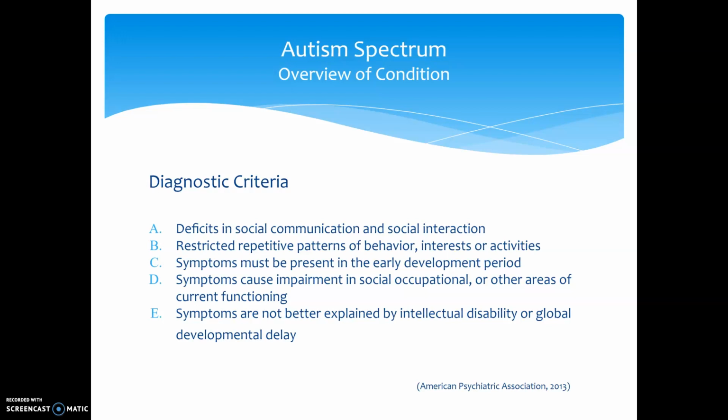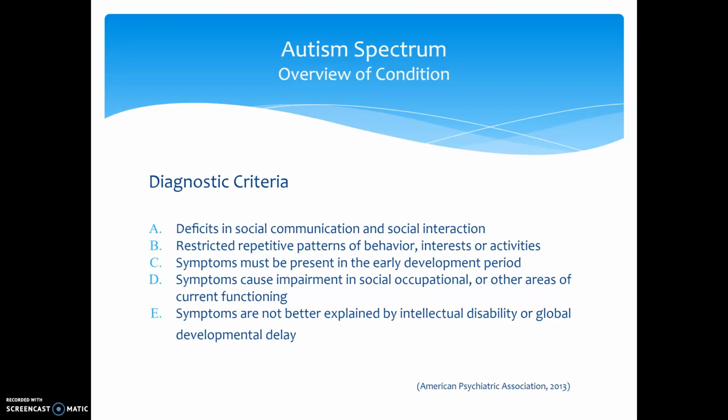The National Institute of Mental Health uses the following criteria from the Diagnostic and Statistical Manual of Mental Disorders, DSM-5, to diagnose people with ASD: difficulty with communication and interaction with other people, restricted interests and repetitive behaviors, and symptoms that hurt the person's ability to function properly in school, work, and other areas of life.